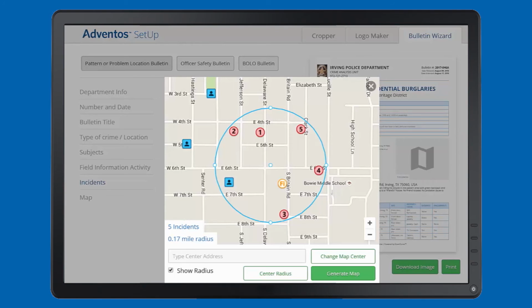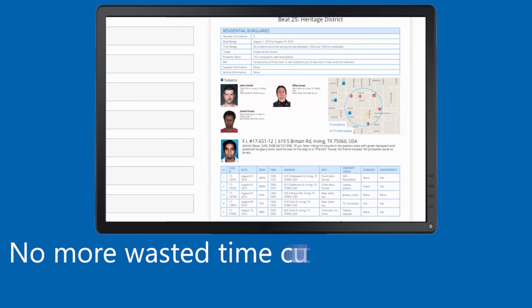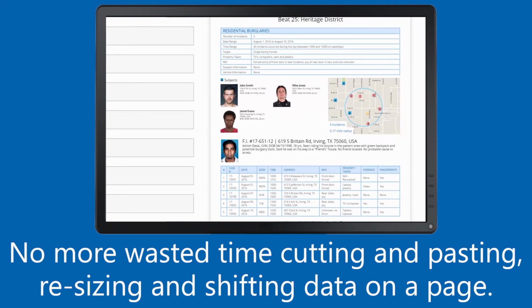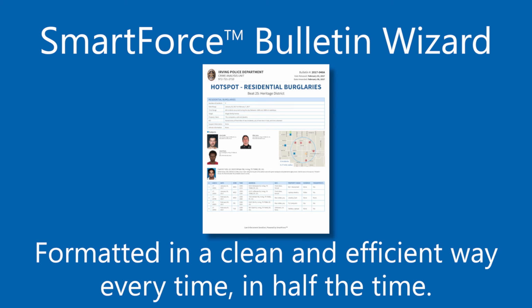Finally, a map is created by simply inputting addresses of crimes, offenders, and additional information and hitting the Generate Map button. With the Smart Force Bulletin Wizard, there is no more wasting time cutting and pasting, resizing, and shifting data around to create a one-page bulletin. Now, with the Smart Force Bulletin Wizard, the right information is formatted in a clean and efficient way every time